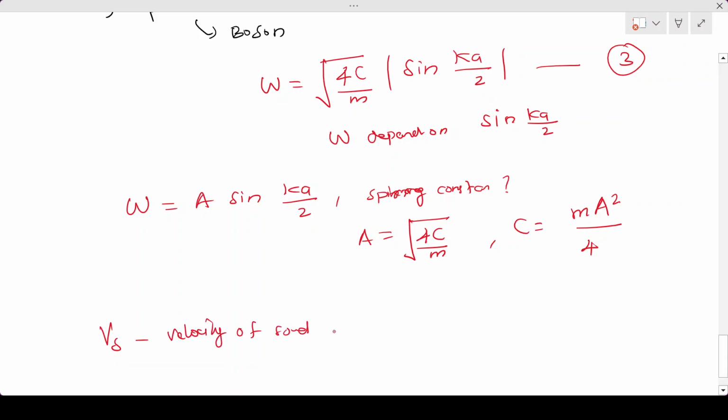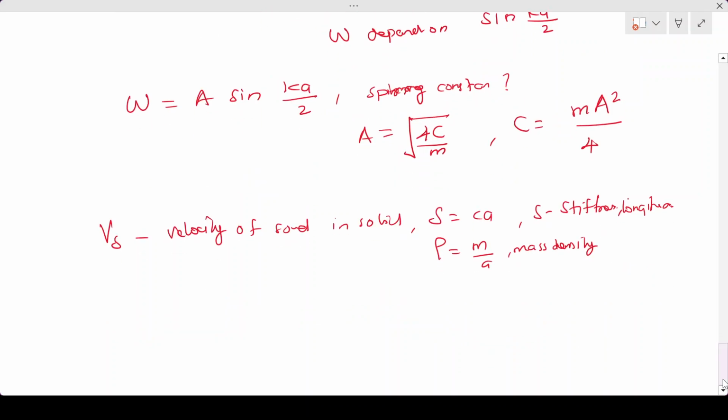Okay, so in a solid, S is equal to Ca, where S is the stiffness parameter. Or rather, you can also say that that is the longitudinal stiffness. And if you say that rho is equal to M by A, which is the mass density, then the above frequency of vibration equation